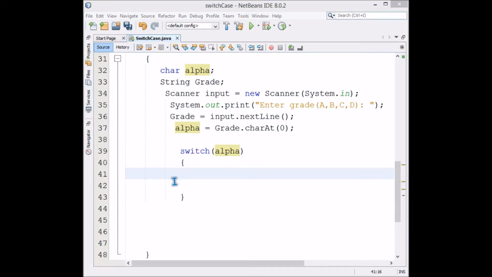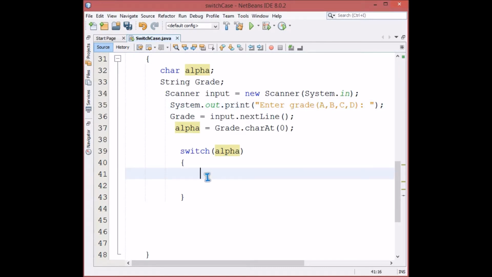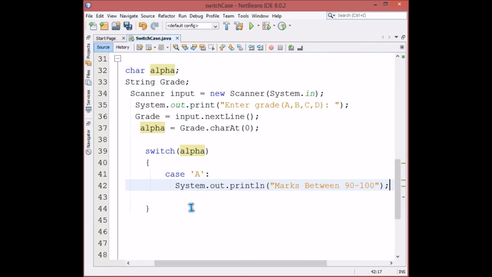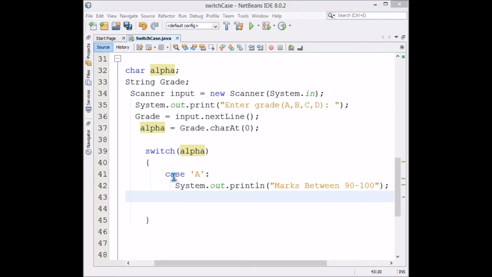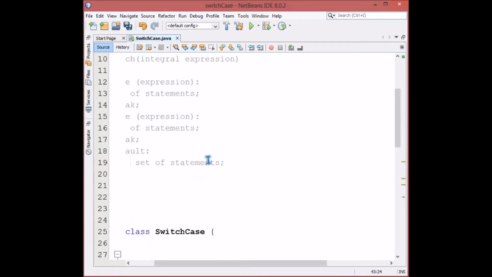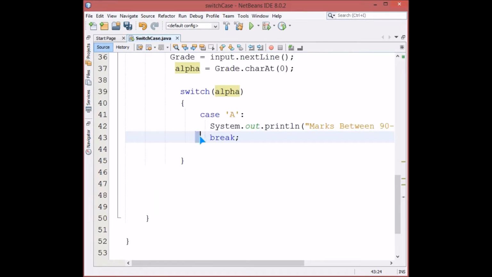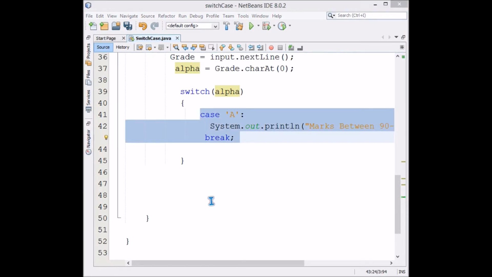First, case A, because we have expected A. What we are going to give is System.out.println, your marks are between 90 to 100, and then break. Similar construct which I explained earlier. This is done. Now case B, marks between 80 and 89, again in a similar fashion.